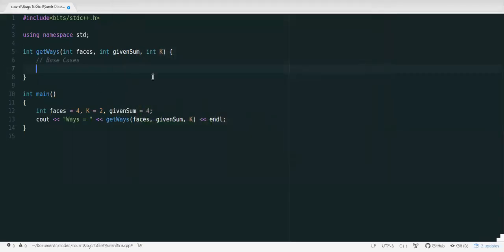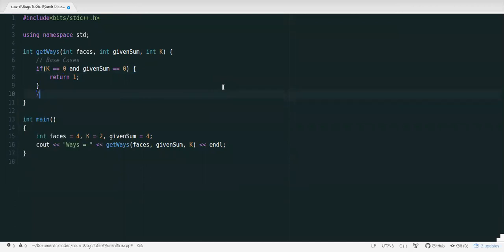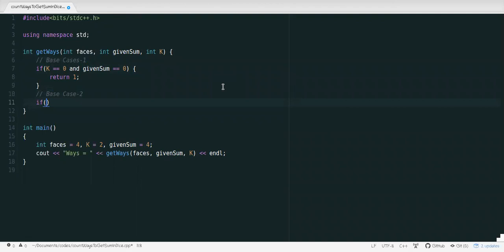So basically what I told you, that let's say the k is 0, and the given sum which is left is now also 0. Okay, so in this case I'll return 1, and this is the base condition 2. If I notice that there is no more trial left, and there is still something left behind, I can call it like, if k is 0, or let's say the given sum is negative.